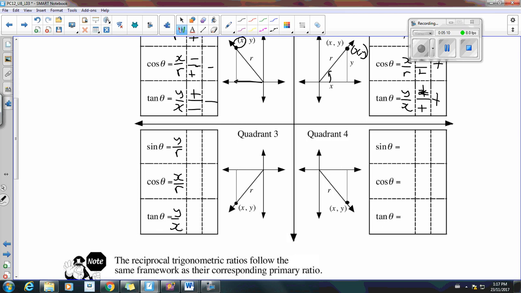In quadrant 3 now, both x and y are negative. We've moved left and we've moved down to get to that point. So both x and y are negative. The radius is always positive. Here, though, for tan, we have a negative divided by a negative, so tangent is positive here, and sine and cosine are negative. In the last quadrant,